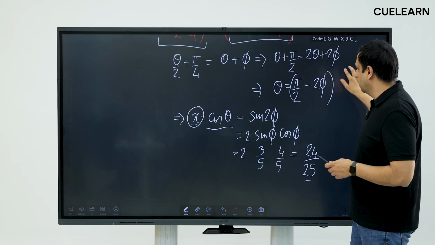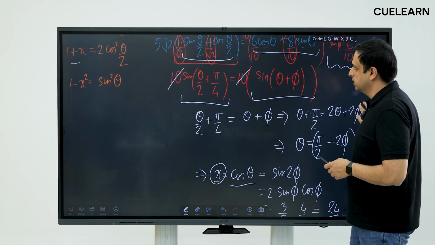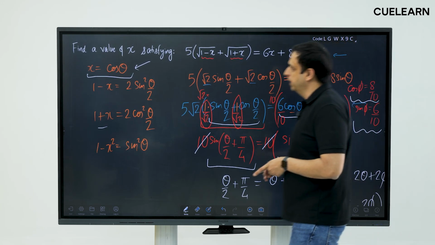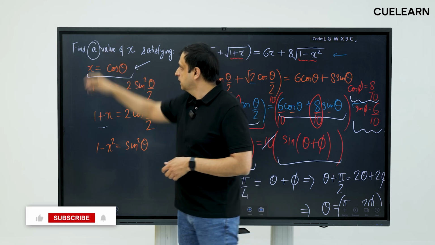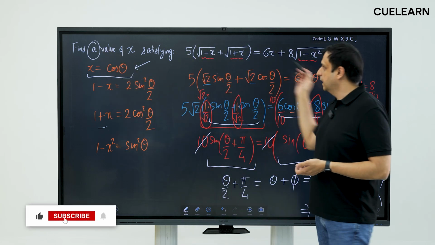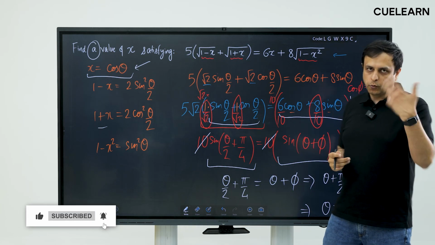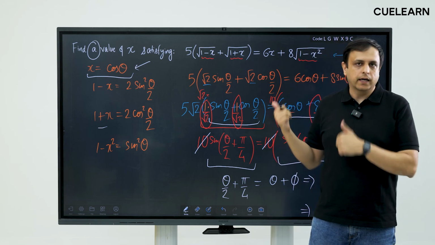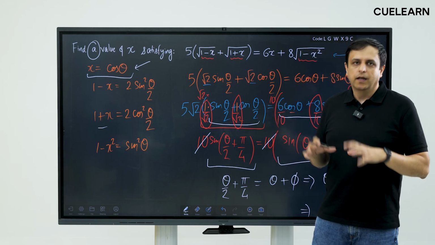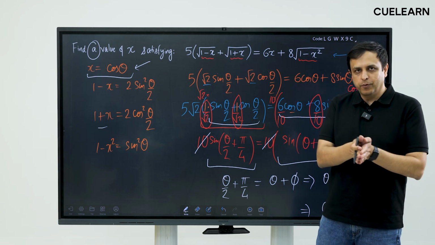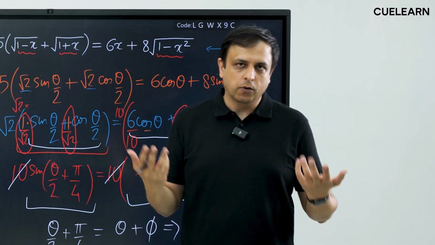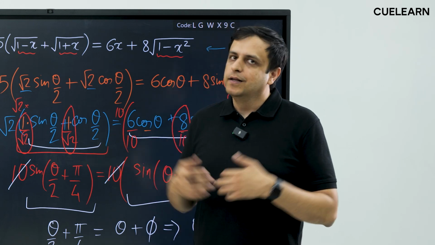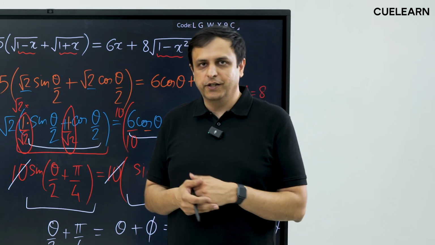Now one thing I'd like to call out is, if you go back to the original question, you will see that it says find a value of x. So this is one possible value of x that satisfies this equation. Now the question I want to leave you with is, are there other values of x that satisfy this equation? And secondly, if you know of any other approach to solving this question that may not require a trigonometric substitution, please do let us know and share your own approach